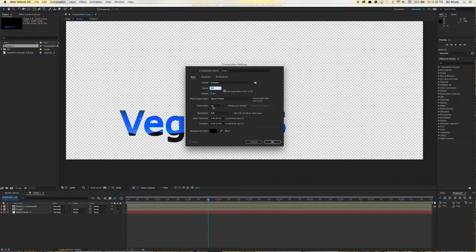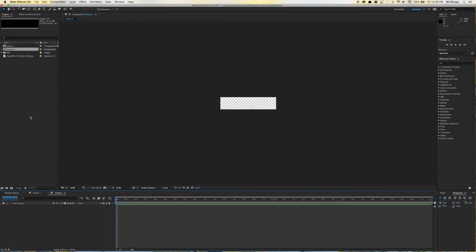And we're going to use a slower frame rate than the 24 frames per second we did before. I think 30 before. I did some experiments. I found that 16 is about as slow as we want to go in order to still have it look good. But again, this depends on your own animation. A new comp called comp 4, and we're going to take comp 1, which is the animated logo, and drop